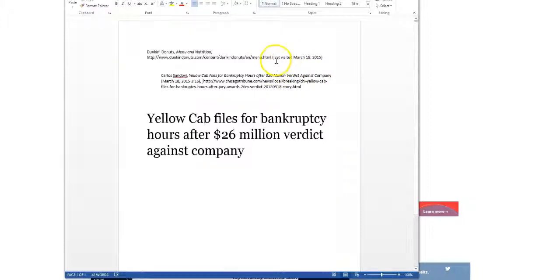You could put here on the Dunkin' Donuts citation, you could put last visited March 18th, 2015 at the time that you did it. You don't have to necessarily. Sometimes when you start getting into parallel citations or pinpoint, you would have to do that. But if it's an article that's specifically written at a time and they noted the time, go ahead and put in